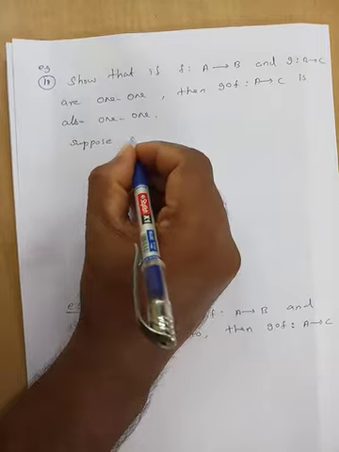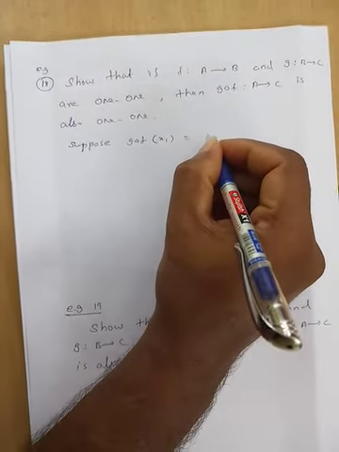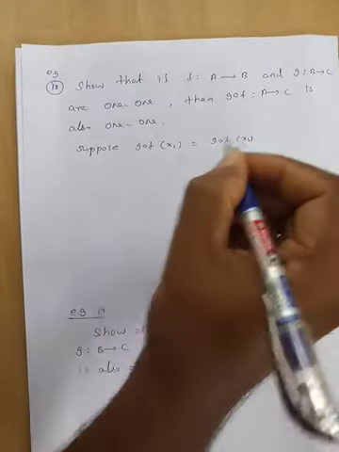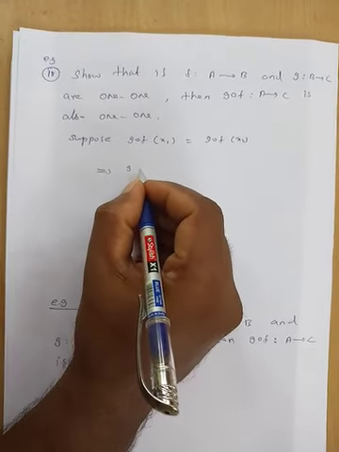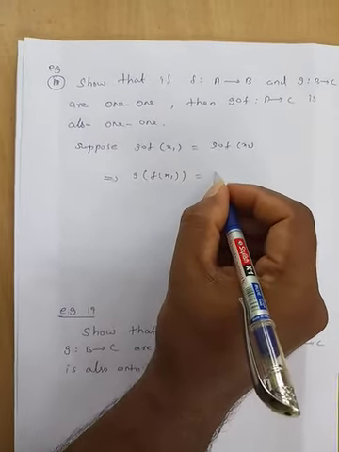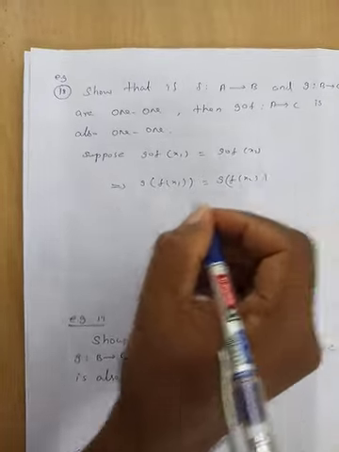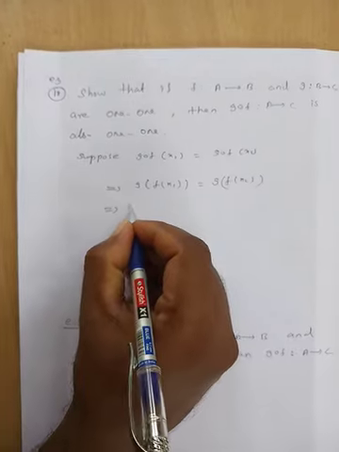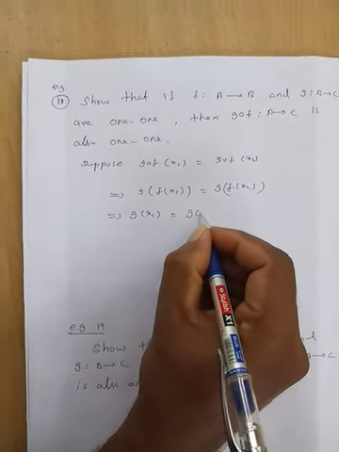Suppose g composition f of x1 equals g composition f of x2, which implies g of f of x1 equals g of f of x2,